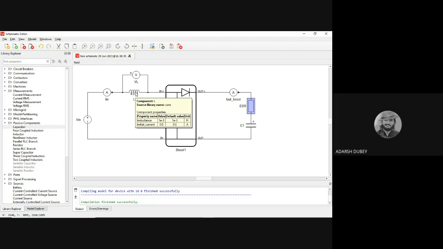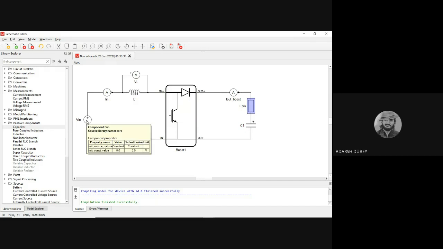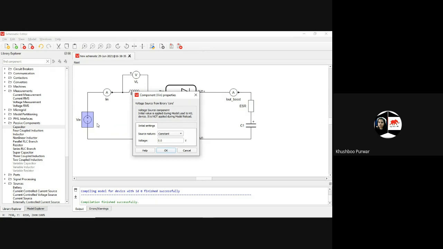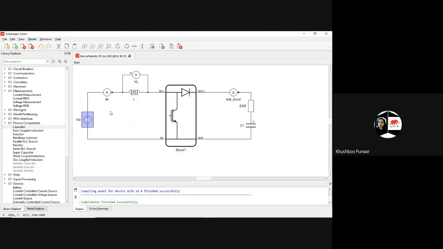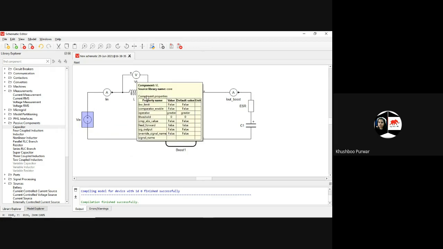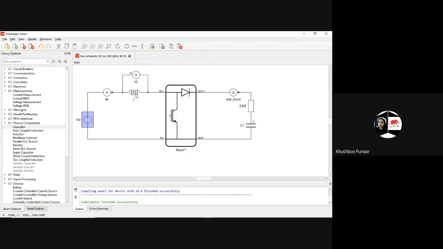Ma'am, if the source value is constant, then what will the inductor filter? Actually, when I will give the value in the SCADA, if some ripples will be there at the source side, those ripples will be filtered by this inductor, and we will be measuring this in the SCADA panel. In the SCADA panel, you will be able to see the effects of this. It will be coming in the form of a square waveform in the SCADA.